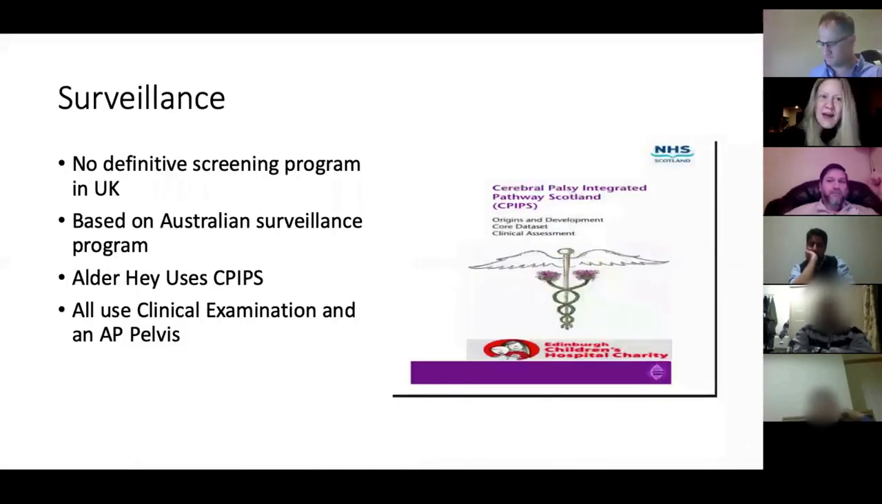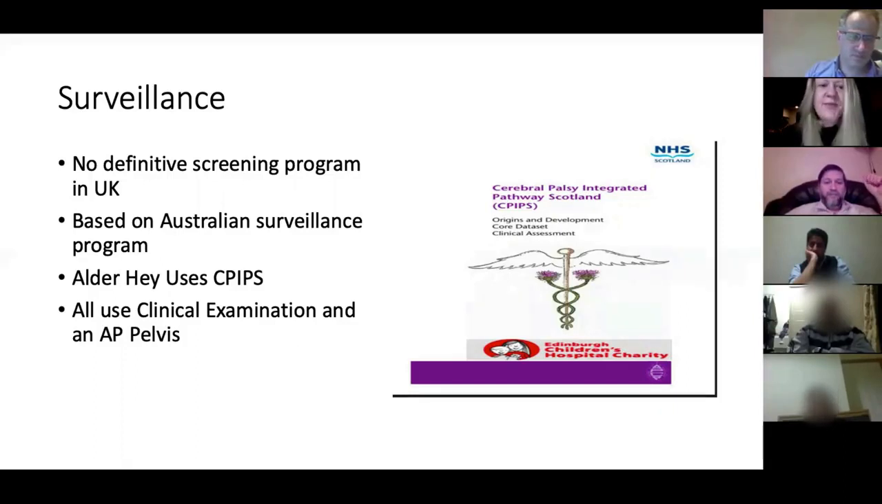Now in the UK, we don't have a definitive screening program as they do in Australia and Sweden. I think the Americans are trying to design one. The one that Alder Hey uses is this CPIPS, which is based on a Scottish model. It's a group of physiotherapists that do all the initial assessments and then refer to an orthopaedic surgeon as and